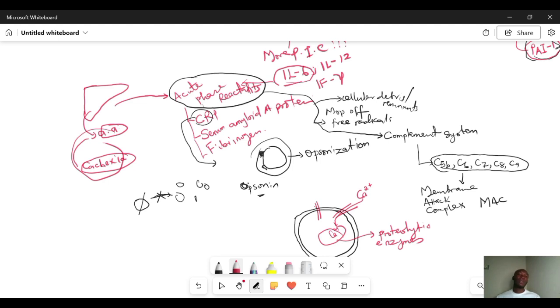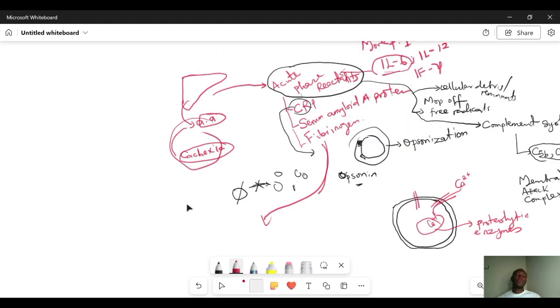Also leads to the formation of rouleaux, right? So red blood cells tagging, okay, clumping together. All right, red blood cells forming together, clumping together, right? Rouleaux formation, right? Now, this here is why we see the erythrocyte sedimentation rate